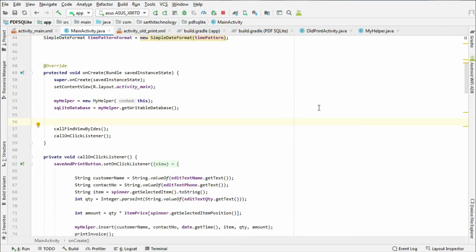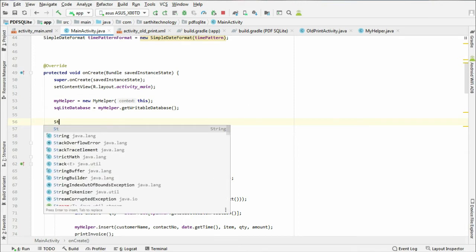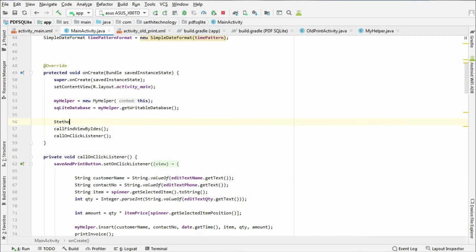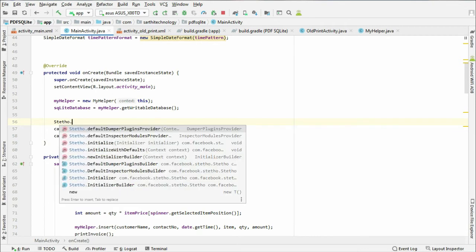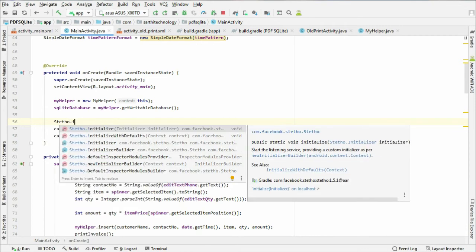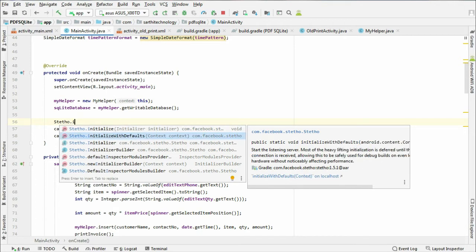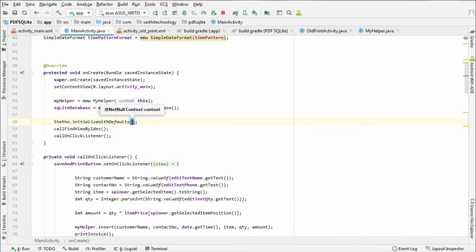Now sync is complete, so the line is Stetho.initializeWithDefaults, and here put this.